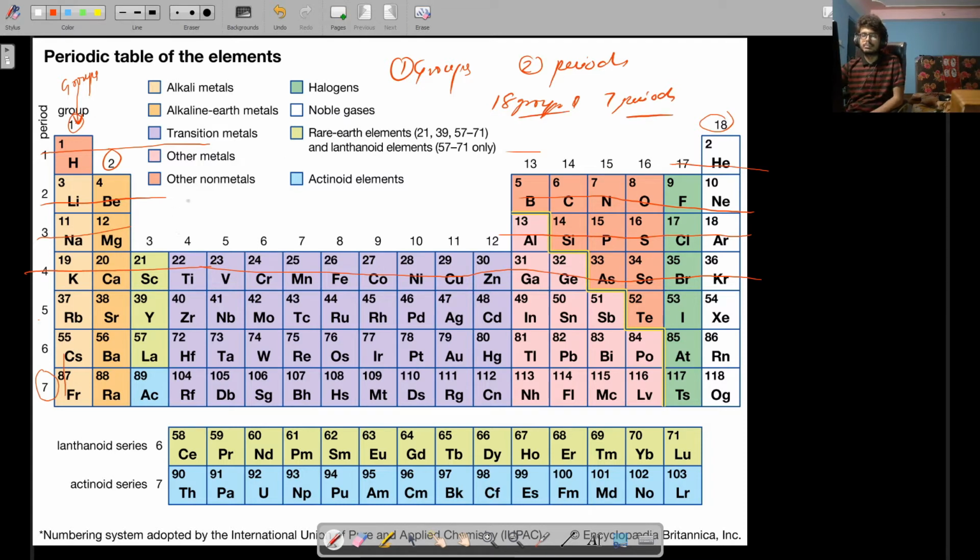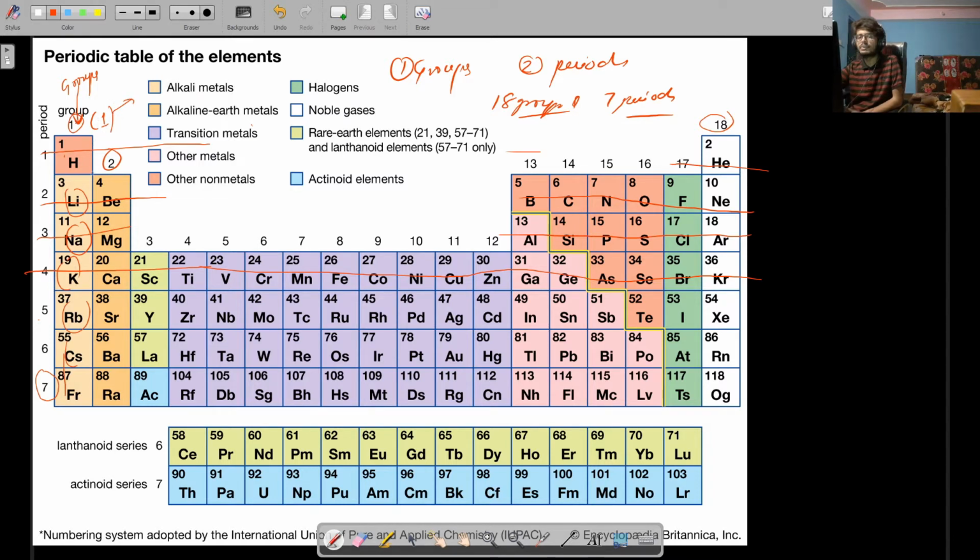So the most important thing that I want you to take away from this is, you know the group number, right? The group number can give us an idea about the valency of those elements. Elements in group 1 will always have a valency of 1. So every element in this group, hydrogen, lithium, sodium, potassium, rubidium, and I forgot these two names, will always have a valency of 1.